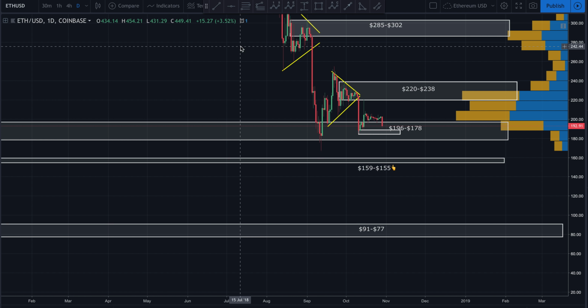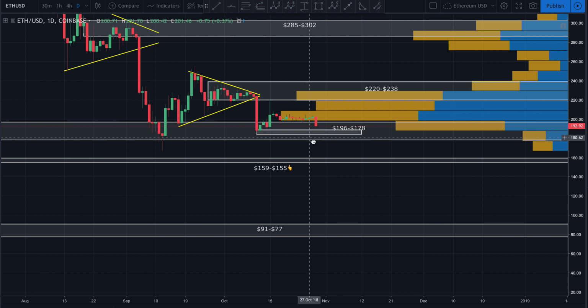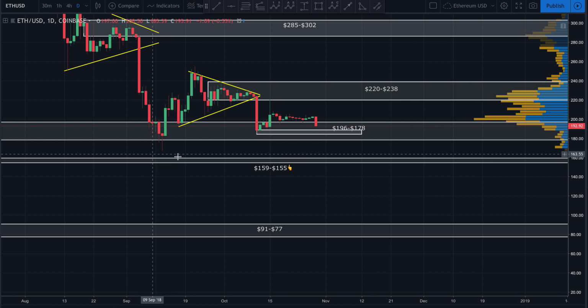So to the upside, guys, what we're going to be watching, we need to get back out of this zone. We need a strong reversal candle like this, get back up on top of this zone, consolidating on top of this zone, and then I want to see another run up here to the 220 to 238 area. If we can break above 238 and start consolidating above this 238 zone, guys, I'm going to start to get extremely bullish. If we can even break into this zone and even consolidate within this 220 to 238 zone, guys, that's going to even be extremely bullish. I just want to see us get out of this 196 to 178 area.